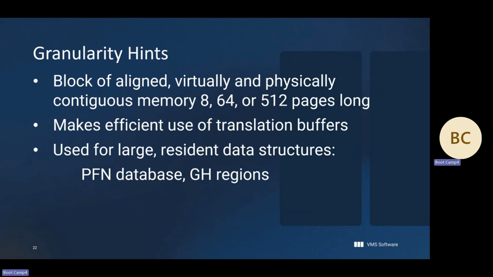It's a block of aligned, virtually and physically contiguous memory in 3 possible sizes. And it makes efficient use of the translation buffer because it's essentially a block of PTEs that all resolve to the same part of physical memory.